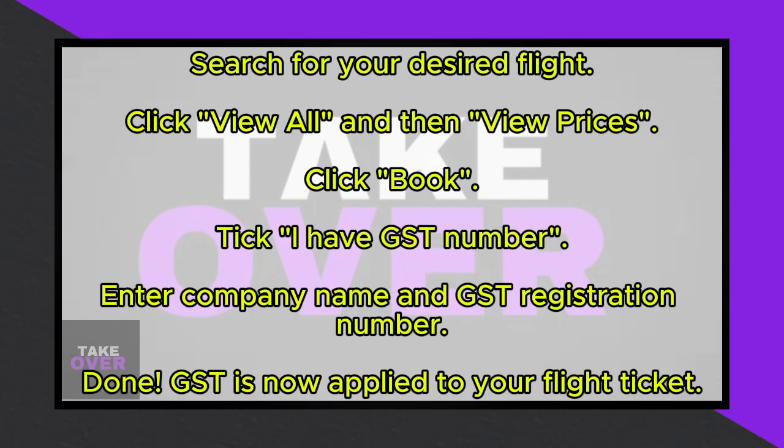Upon redirecting to the booking page, scroll down until you find the option "I have GST number." Tick this option. You'll then see two fields, one for the company name and another for the registration number. Fill in these details accurately. Adding your GST number will apply the GST to your flight ticket. And that's it. You've successfully claimed GST on your flight